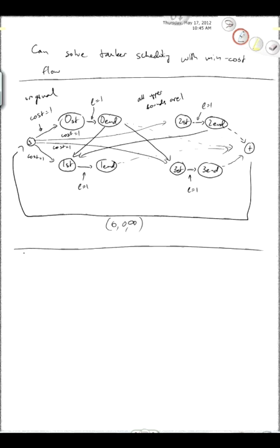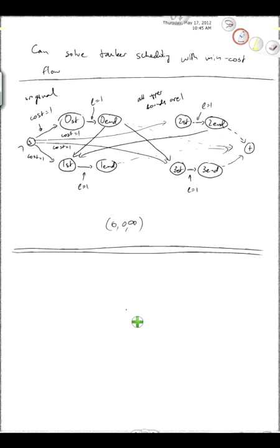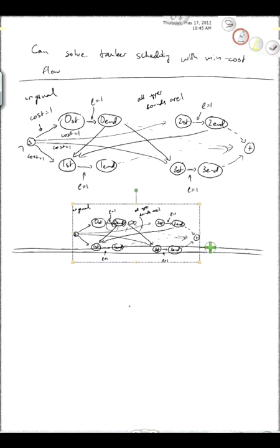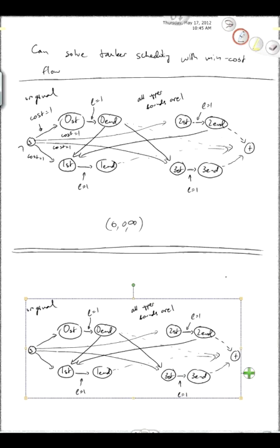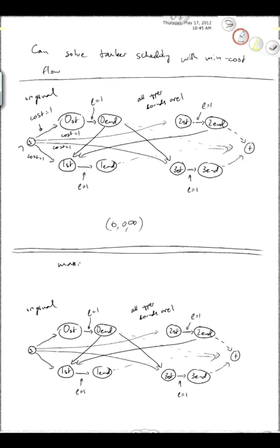So let's just do one more twist on this problem. So suppose that instead of having to complete all of the deliveries, we get a different amount of profit with each delivery. And what we want to do is maximize the profit of our company. So we can do that with min cost flow as well. So let's again begin with the original graph. So this is for maximizing profit. So in maximizing profit,